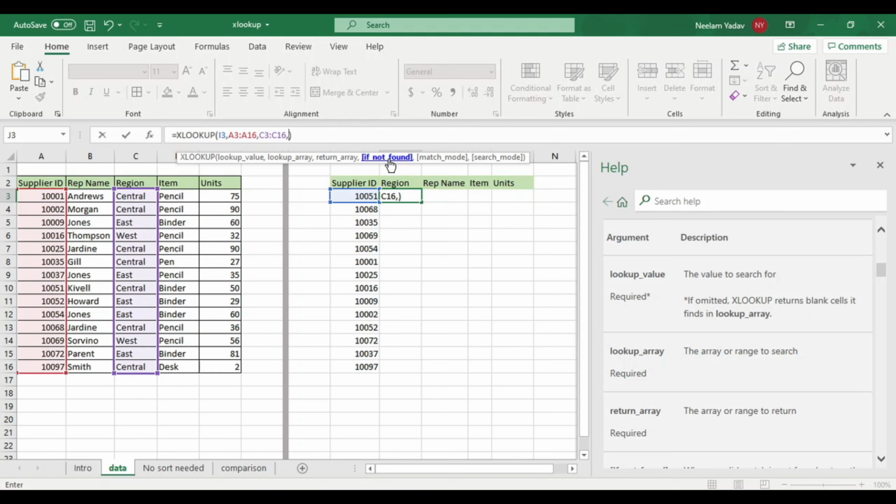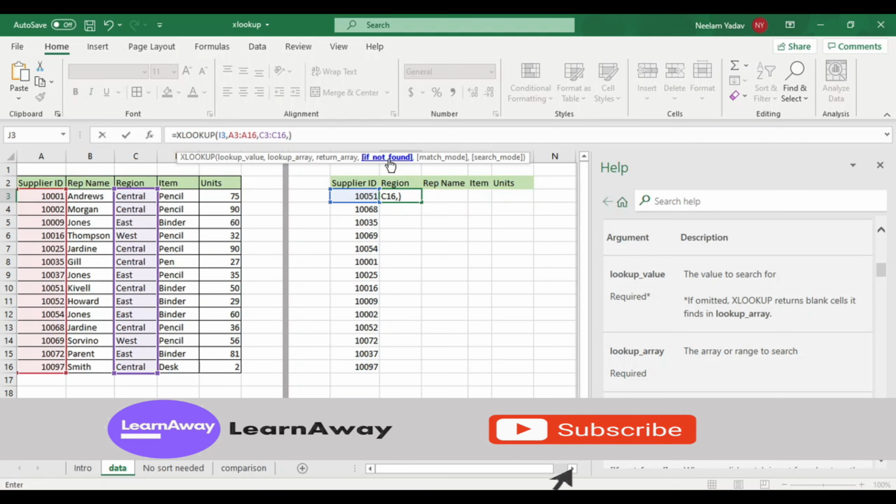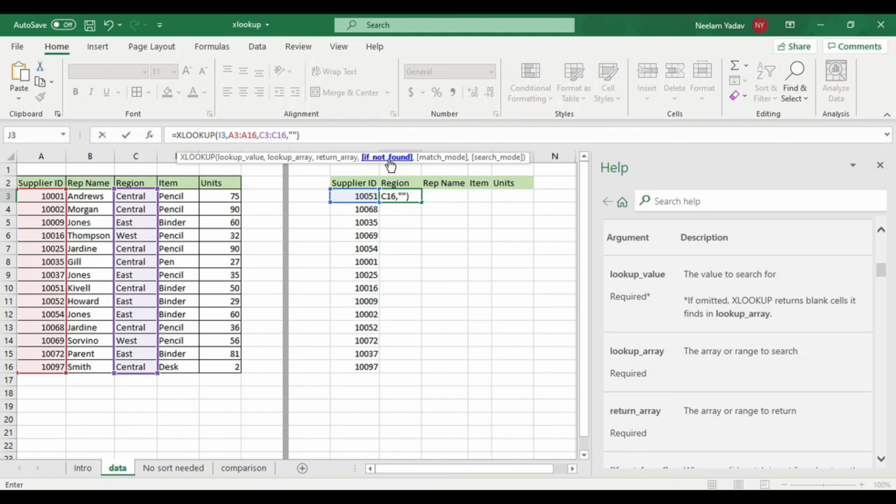The next input that we can give, this is optional, but if the data is not found, if the data is not present in the table that we are searching, then instead of showing the out of bound error or #NA error, we can give our own message. So we'll know whether the data is not there, therefore the error is coming, or there is something else that is wrong. So for that, XLOOKUP has really helped here. Otherwise we had to use VLOOKUP and then give the IFNA function and use that to specify our message, but here it is just very simplified. So I'll give data not available.